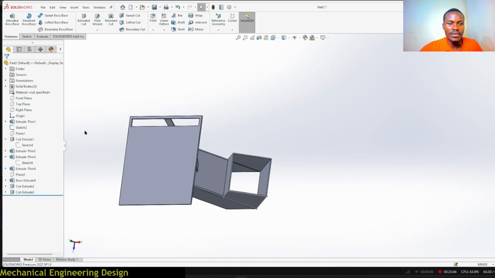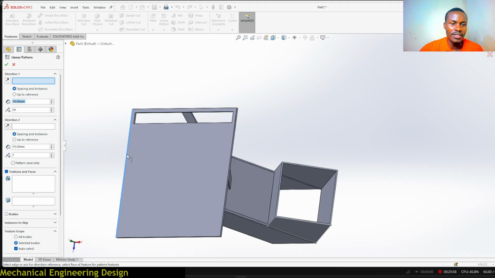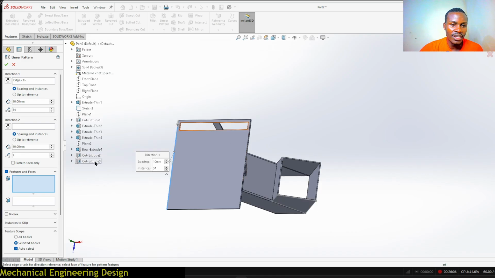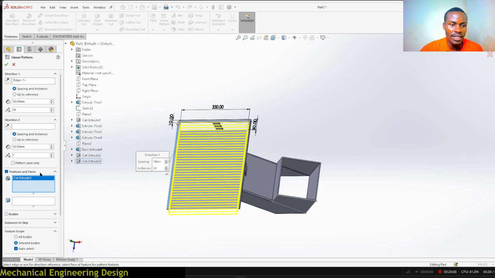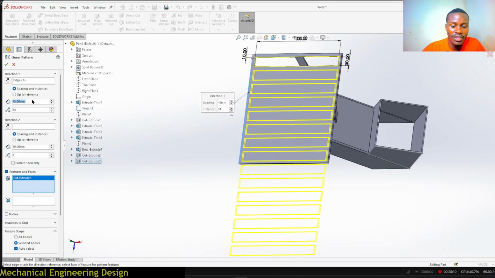Okay, now go to linear pattern, direction is this direction, and then features to pattern, select this extrude cut. Now spacings, we have to increase the spacings 43 millimeters, and